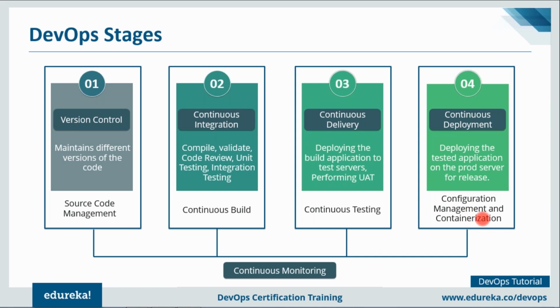Let me tell you guys, continuous deployment is not a good practice, because before releasing your product in the market, there might be multiple checks and other testing that you want to do. So you don't want this to be automated. That's why continuous deployment is not preferred. After continuous delivery, we can manually use configuration management tools like Puppet, Chef, Ansible, and SaltStack, or we can even use Docker for a similar purpose, and then deploy it onto the prod servers for release. Once the application is live, it is continuously monitored by tools like Nagios or Splunk, which will provide the relevant feedback to the concerned teams. So these are the various stages involved in DevOps.